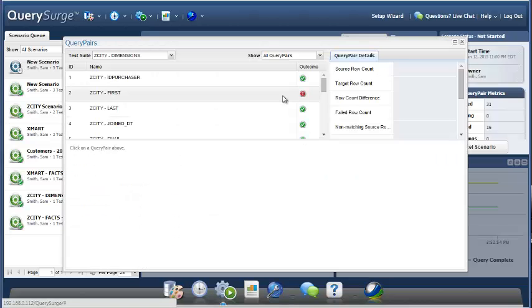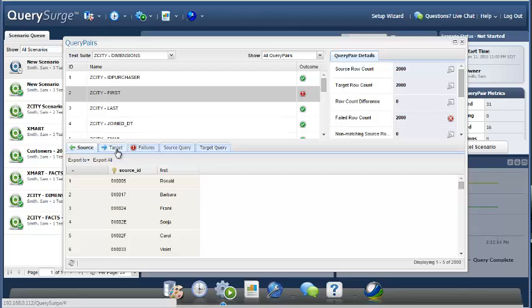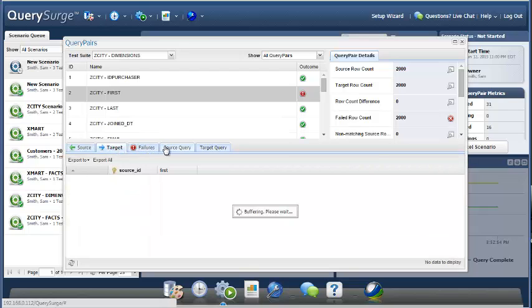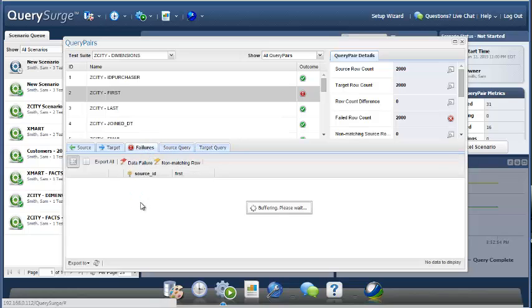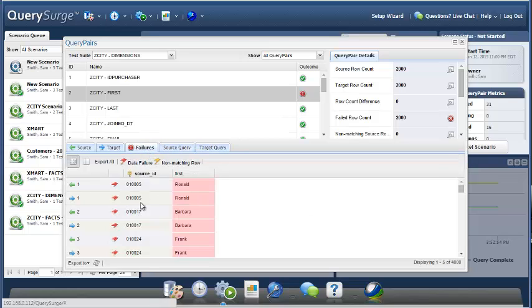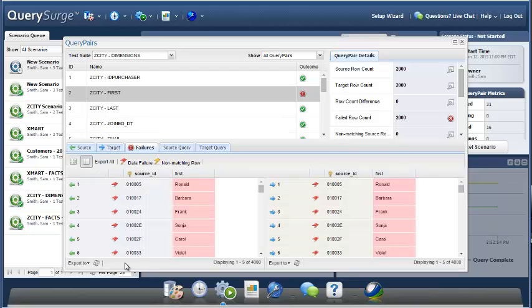We can go in and look at our data as soon as it's available. And of course, more than likely, we're going to be interested in seeing our source data, our target data. We can see our source and target queries, and of course the failures. This is the comparison between the source and target. And what we can see here is that we've got a stacked view of our failures where source and target rows are stacked one on top of the other, or a side-by-side view where source is on the left, target